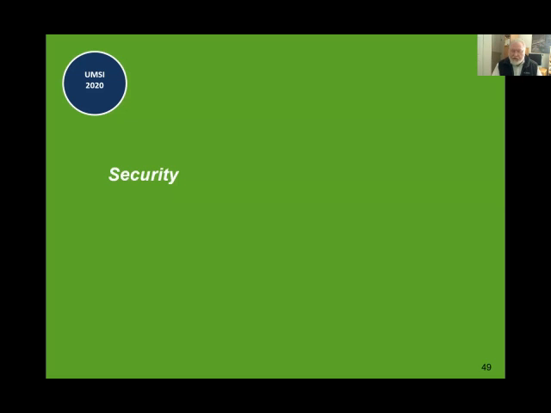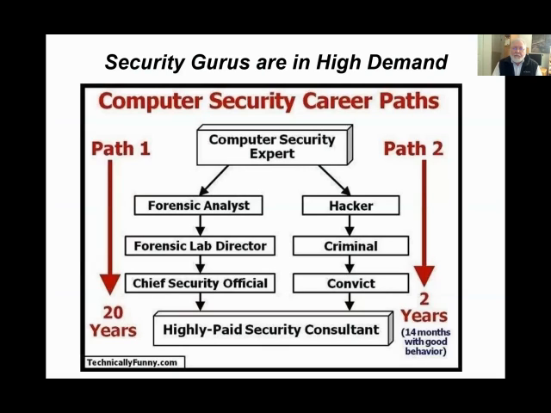Okay, so let's talk about security now. This sort of entertaining cartoon makes the point that for security gurus, there's a strong demand, and there are 2 ways you can get there. You can either go through 20 years of experience and practice on the left-hand side, or you can have been a criminal and get hired because you know how to break into things, and you become a highly paid security consultant. And the joke here is it takes 20 years to do it the right way and 2 years to do it